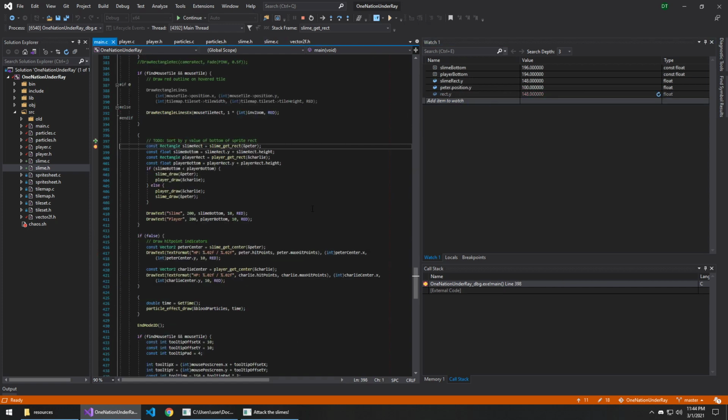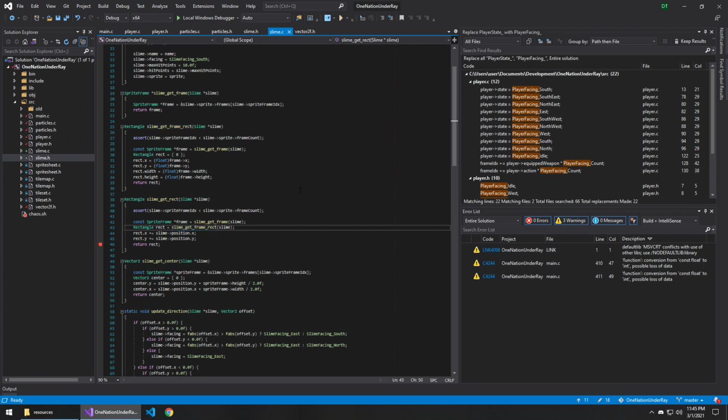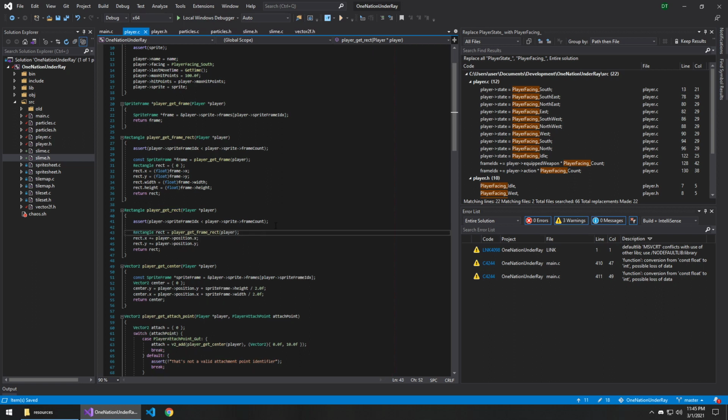Rect Y. Yeah, why is this toggling back and forth? Frame. Wait. Is this adding frame rects? Oh, that's interesting. So this code is wrong for other frames. That's alright. Get frame rects. Not even using this. Why is this here? Get slime frame. I have no idea why this is here. Is that in player as well? Just an unused variable? Yeah. Okay, so this...